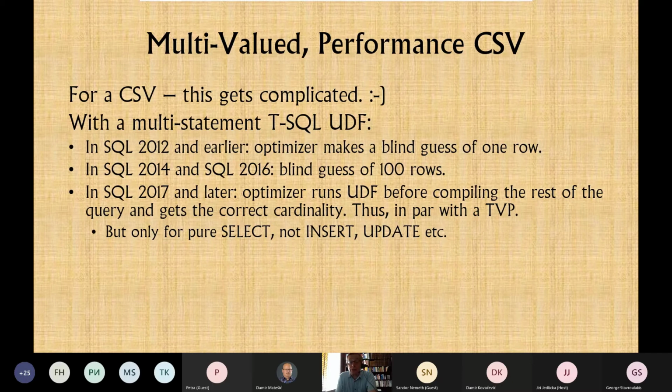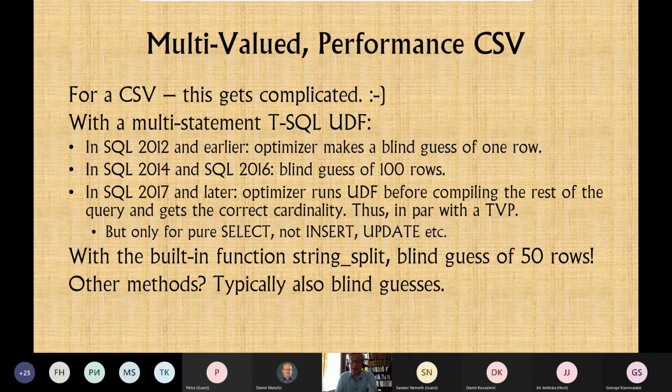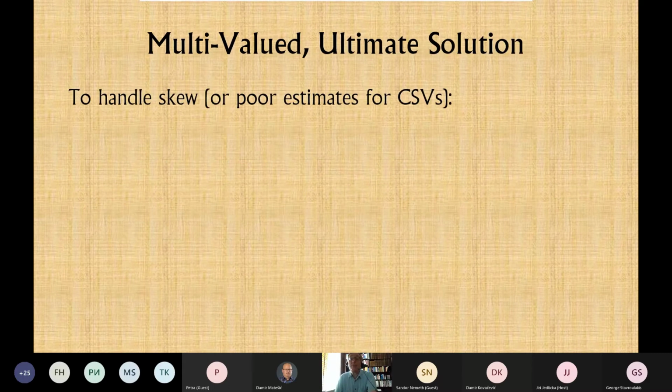Now, if you use the built-in function string split, it's always a blind guess of 50 rows, even in SQL 2017. There's no interleaved execution, as it's called. And if you use something else like the CLR or XML, whatever, blind guesses. Yes, this is confusing. Thankfully, there is a solution for all of this, including for both the skew and the